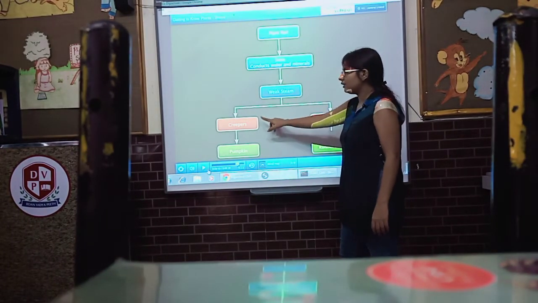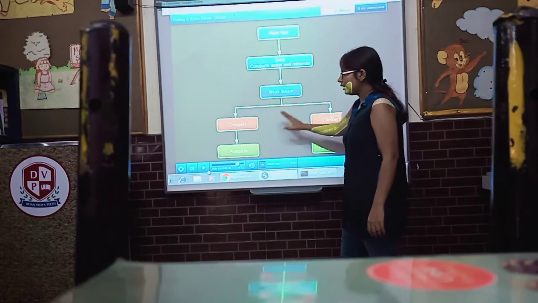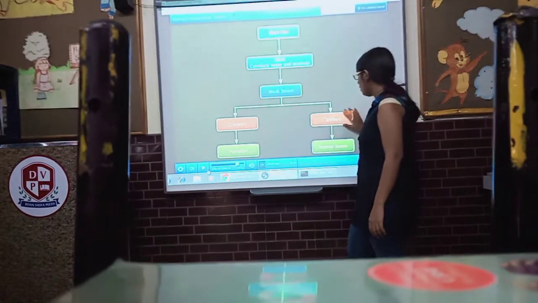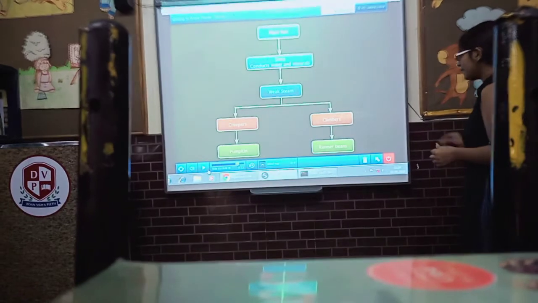Weak stems are further classified into two categories, that is creepers and climbers. Creepers में आएंगे आपके pumpkin और climbers में आएंगे runner beans। और भी examples हो सकते हैं।